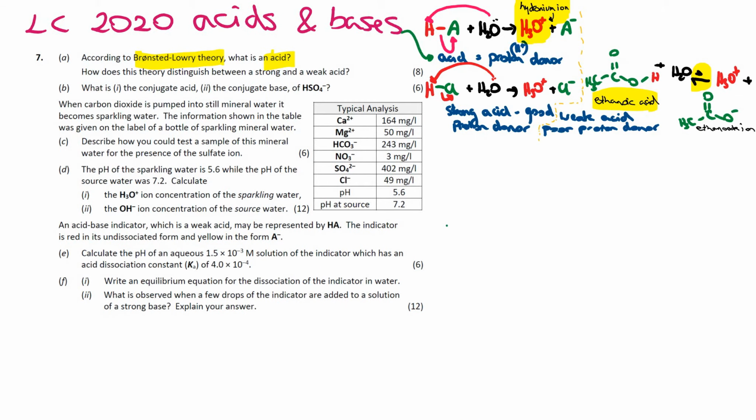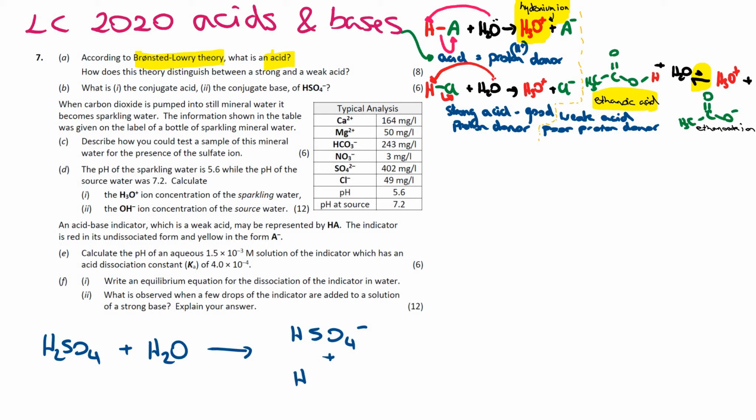Okay, so the next part, B. What is the conjugate acid and the conjugate base of HSO4-? We're going to talk about conjugate acid-base pairs here. Essentially what happens in solution, if I have H2SO4 and I've dissolved that in water, is that the water, just like in the previous case, will abstract a hydrogen ion from the molecule. So you're left with